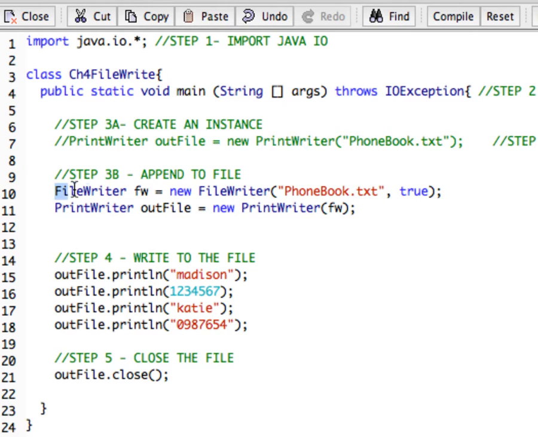All this FileWriter does, this is actually what's managing appending to a file. FileWriter is a little object inside of Java that manages opening up files, writing to them, closing, and appending. That's its job, and all you need to do is call it. We called it fw, but you could have called it anything you wanted. fw seems fine to me. So FileWriter fw equals new FileWriter, and then in